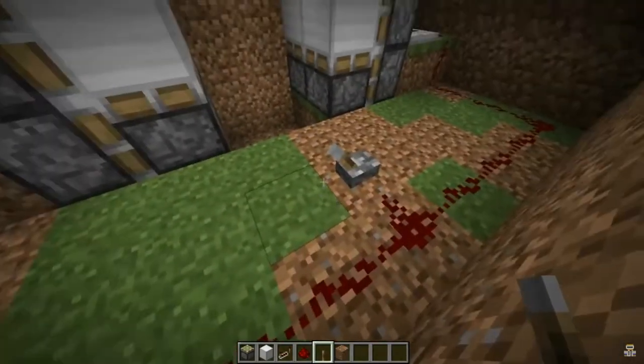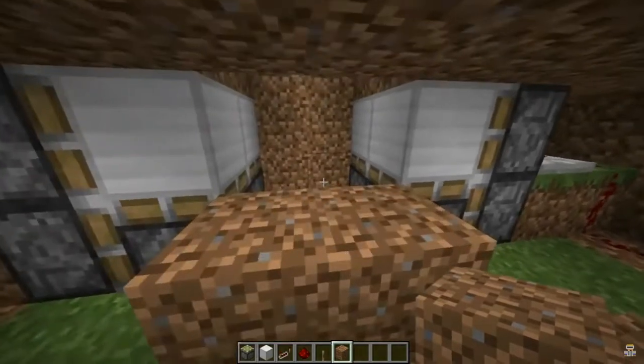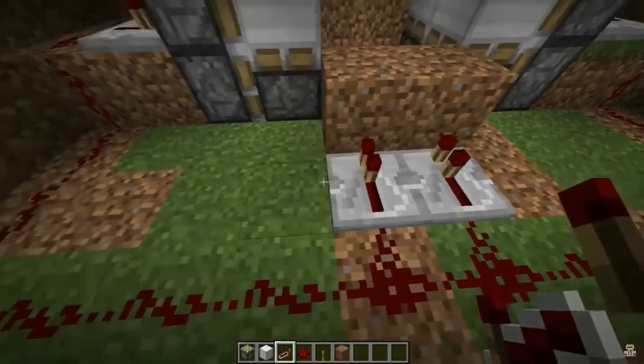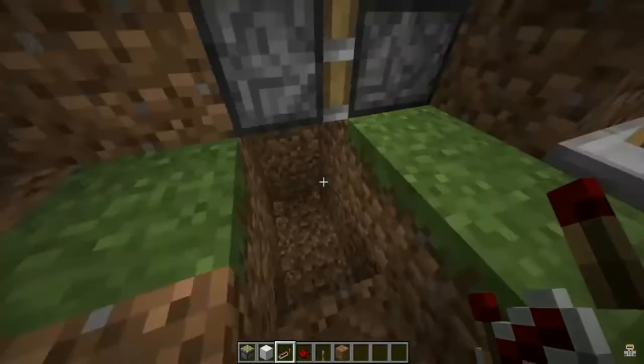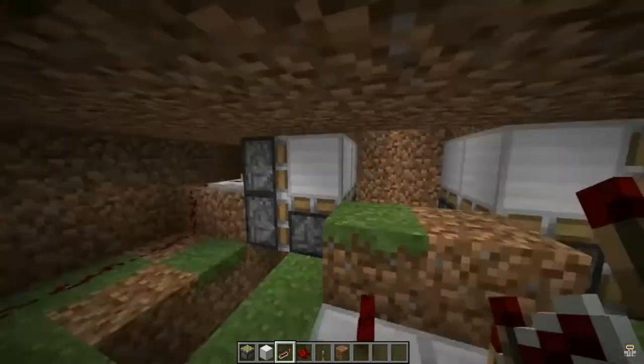Okay. Next, what you're going to do is place some blocks here, and these blocks do need to blend in with the surroundings or else it won't look as neat. And place some repeaters behind them. Then what we're going to do is dig down right here. Alright, so the reason we're doing this is to bring our...